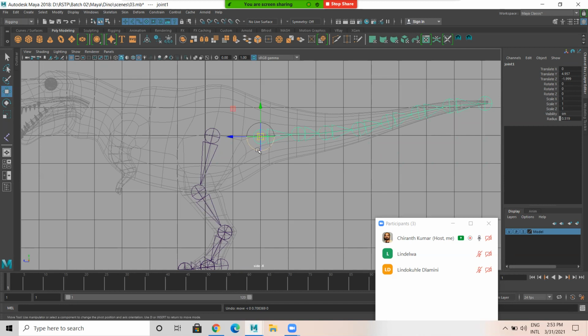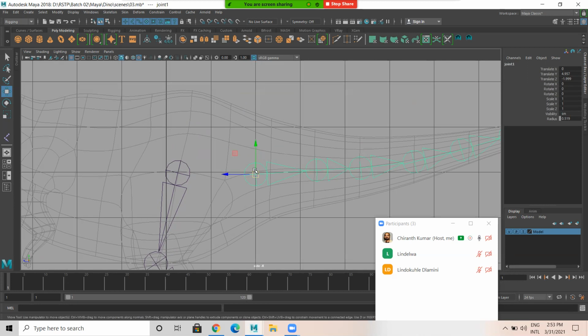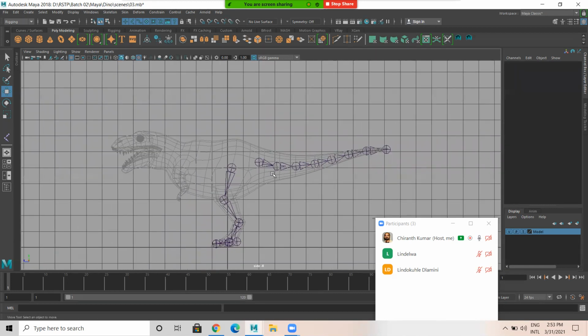When you press Insert, automatically you see the pivot point, and you can move only that particular joint. You have to press Insert, then press W to come back. It's curvy. Make sure you are creating a curvy joint.